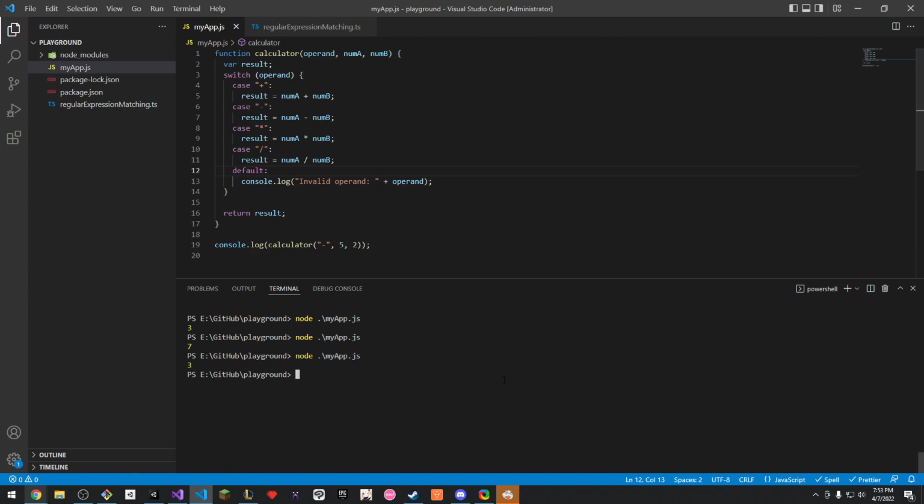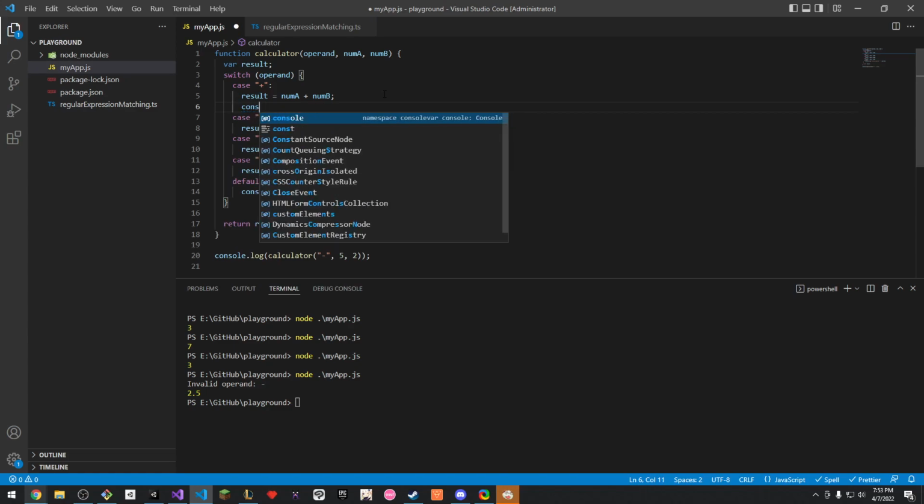If you don't have the break statement, it will run every single case. It's a little bit hard to tell, but in here, it added and set it to result, and it subtracted and then reset it into result. That's why the result you see is actually 5 divided by 2, because that's the last case where we write the result. If we do a console log here,